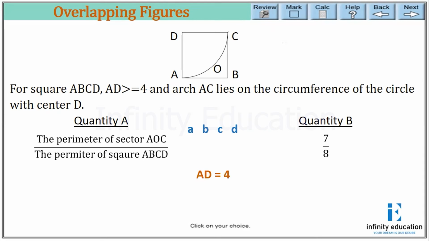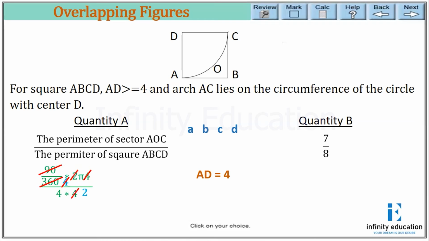If we consider AD equals 4, because AD can be greater than or equal to 4, the arc length AOC should be 90 by 360 times 2 pi r, because ADC is 90 degrees and the total circumference is 2 pi r, that is 2 pi times 4, with 4 being the radius AD. Now if we do the simplification,